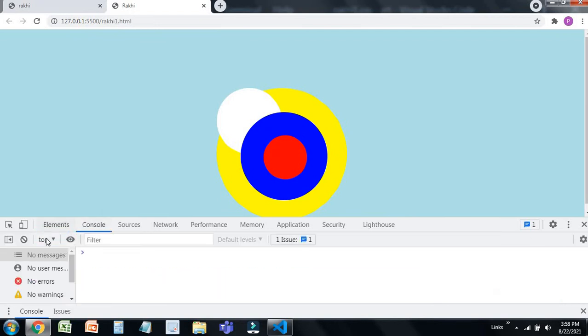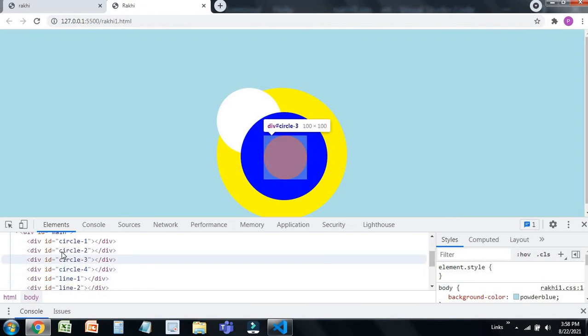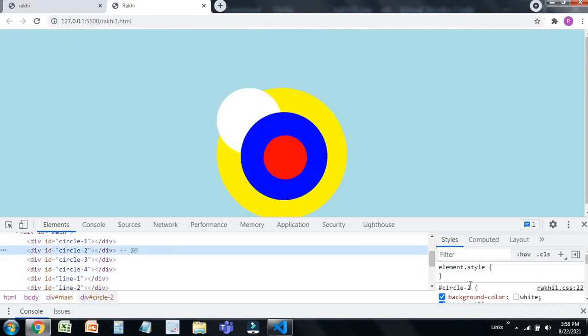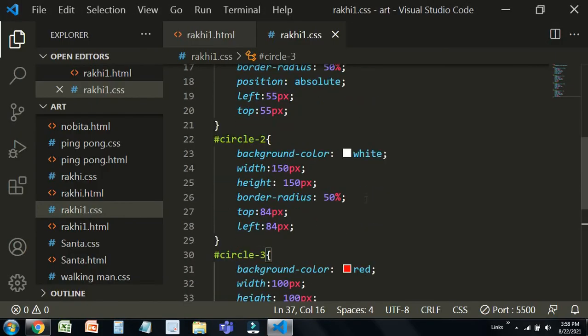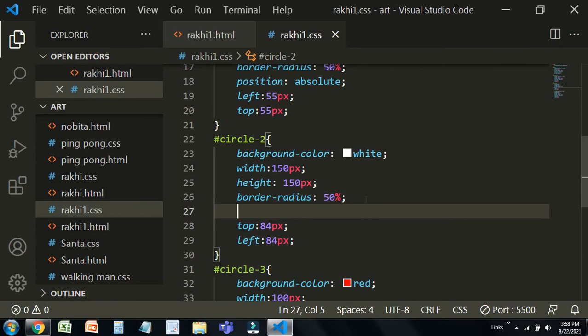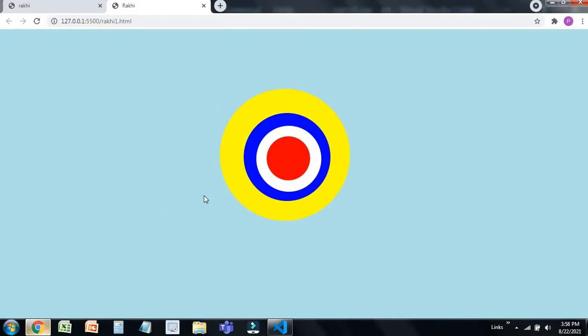So I'm going to the main div, circle 2, the white thing. I'm going to bring its top over here, and okay, I've forgotten one thing: we have not given the position absolute, that's why it didn't work over there. Yeah, position absolute, now it's perfect.